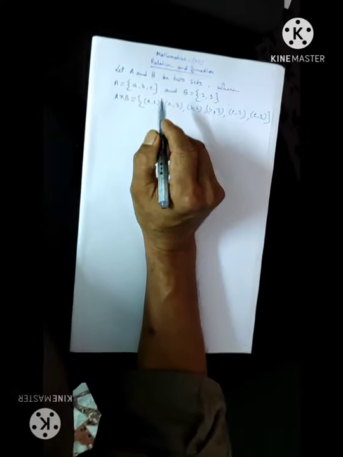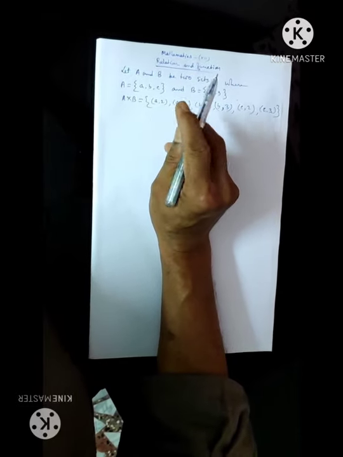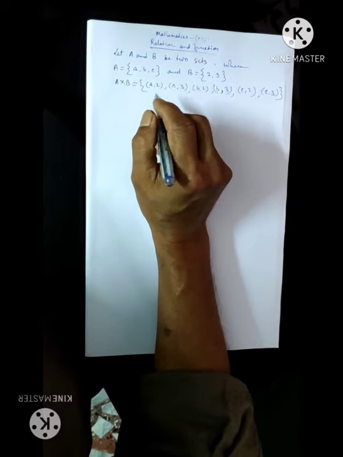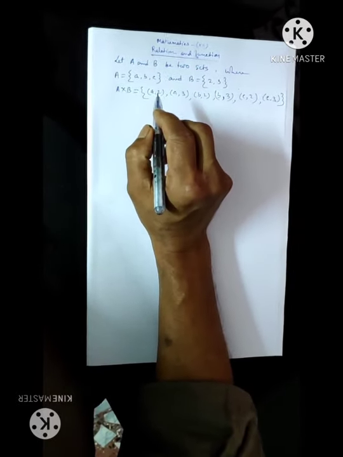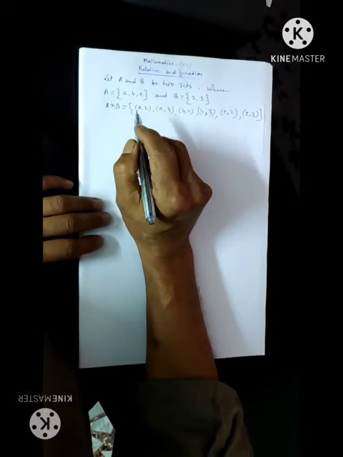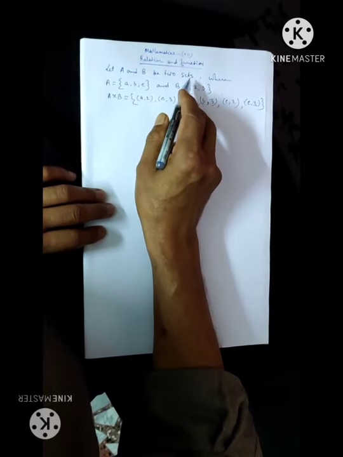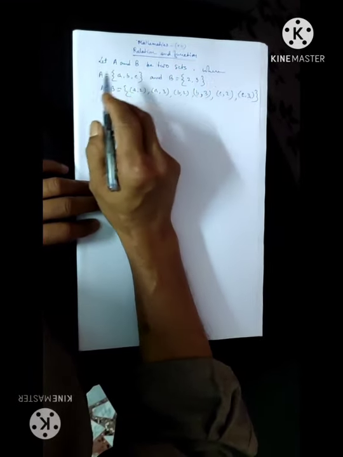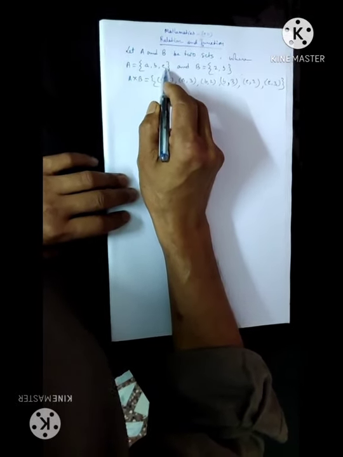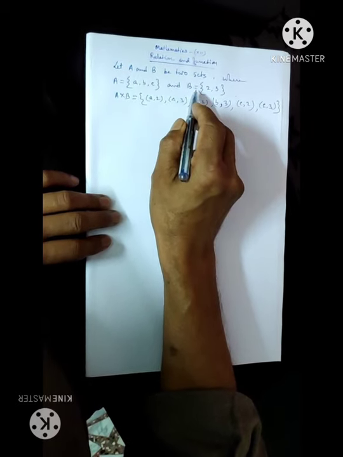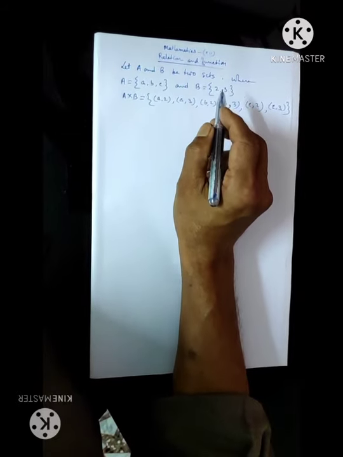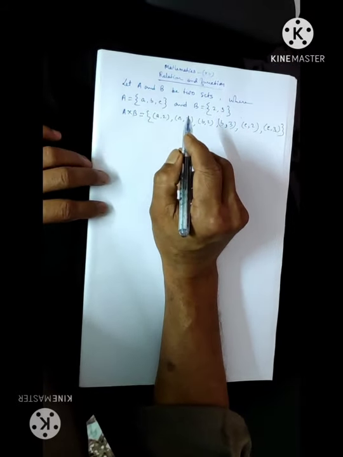Good morning to all. Today I am going to discuss relations and functions. Before discussing the term relation, I want to give a notion about the cross product of sets. Let A and B be two non-empty sets where the elements of A are a, b, c and B are 2, 3. Then the cross product of two sets is the ordered pair